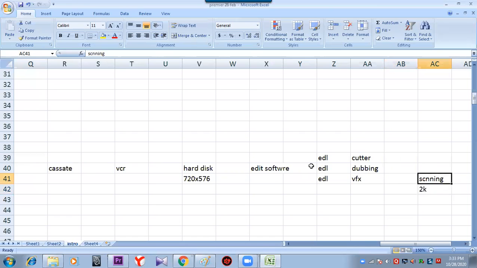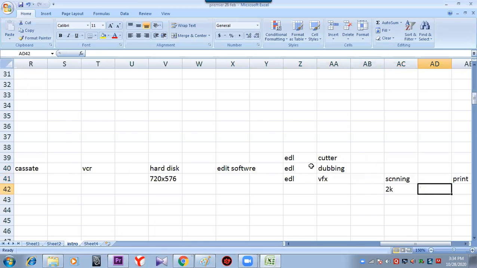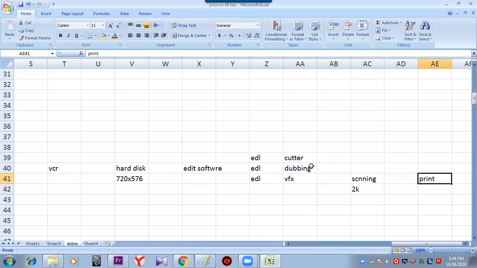Then scanning is done on the original negative, and that scanning is done because the editing is done in a dummy file, in a dummy size, a 720 file size. That is a smaller, thumbnail size of the original movie. We don't do the editing in theater size because it is only for reference. Then VFX is done in the original 2K size. This is printed again into a negative, and this negative clubs together with the original negative, is punched with the sound, and then goes to the theater.